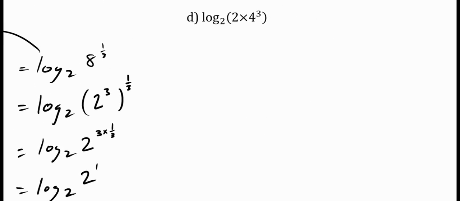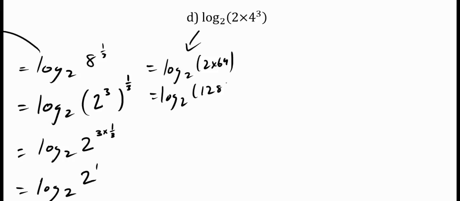Okay, let's do this one. Again, there's countless ways that you can start to split it up, and we won't do too many, but I might do at least a couple. How about we do it this way this time? What is 4 cubed? 64. What is 2 times 64? 128. So this is log base 2 of 2 times 64, which is log base 2 of 128,